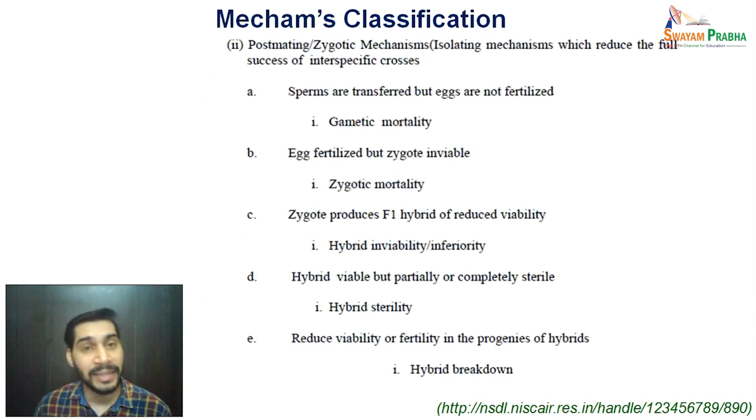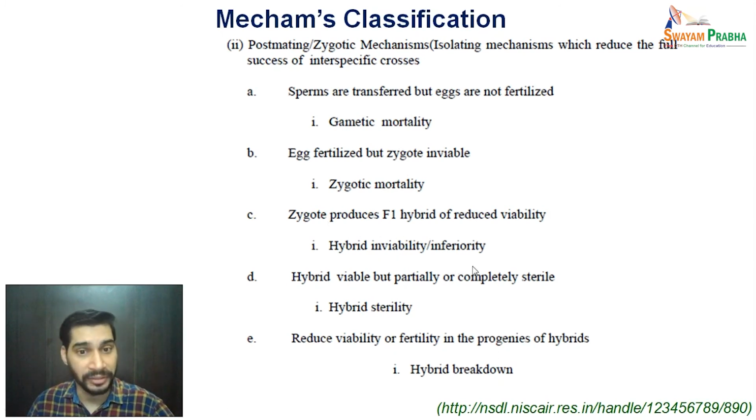The second part is the post-mating or post-zygotic mechanisms. Here, the isolating mechanisms which reduce the full success of interspecific crosses take place. And it also occurs stage-wise. That means the first stage is if the sperms have been transferred but eggs are not fertilized, it is the gametic mortality barrier. If the eggs have been fertilized but zygote inviable, this is called as zygotic mortality. Third case can be the zygote produced F1 hybrids of reduced viability, and this barrier we call as hybrid inviability